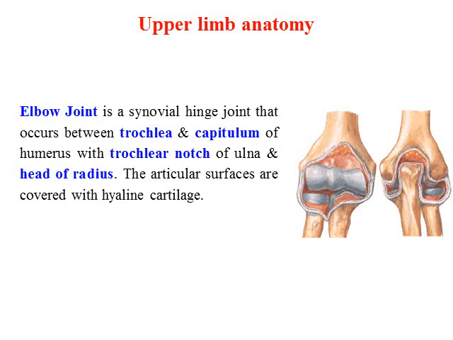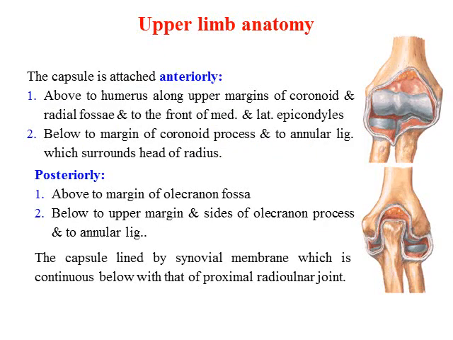Elbow joint. It is a hinge type of synovial joint in which the trochlea and capitulum of the humerus articulate with the trochlear notch of ulna and head of radius inferiorly, respectively. The articular surfaces are covered by a hyaline cartilage, and the joint cavity is surrounded by a fibrous joint capsule,